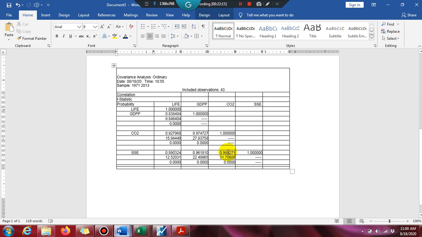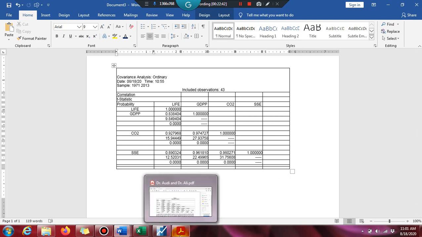While giving the interpretation, if you are following this column, then you have to interpret from this to this, and this to this. And if you are following this column, then you have to interpret this to this, this to this. Whichever easy method you follow, you have to give a proper interpretation.